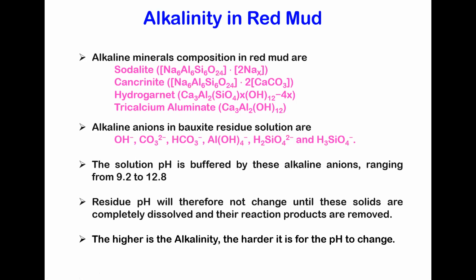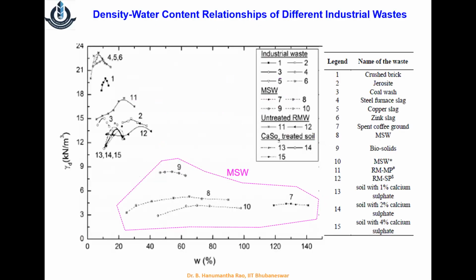So the pH of the red mud generally holds between 9.2 to 12.8, but most of the time you can find it is above 11. So the challenge is, do we need to deal with the minerals or do we need to deal with the chemical parameters? Another interesting thing that we found is when we tried to compile the compaction characteristics of